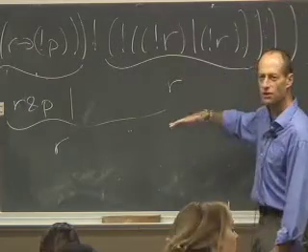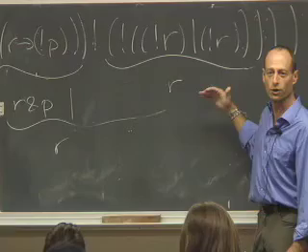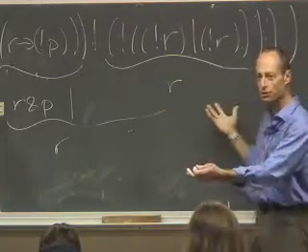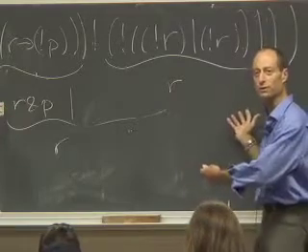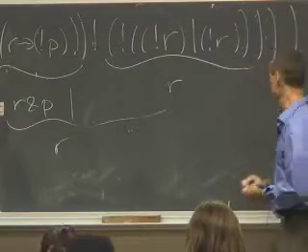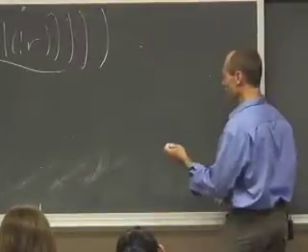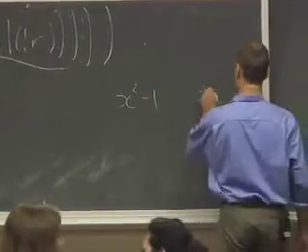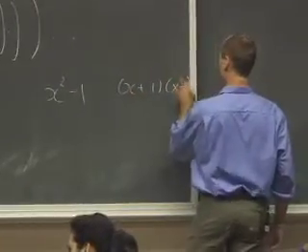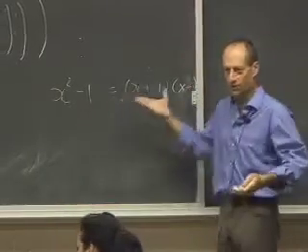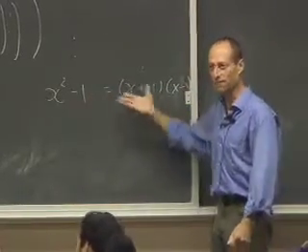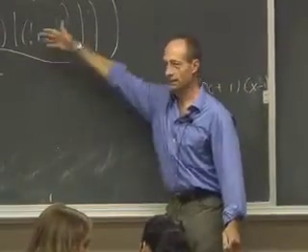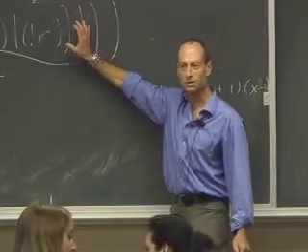But we're finding something that's logically equivalent. It's a function of P, Q, and R. So we're finding another function of P, Q, and R that, no matter what combination of truth values we plug in for P, Q, and R, is going to give us the same answer as the original expression. It's like saying we could write something as x squared minus 1, or we could write it as x plus 1 times x minus 1. They're equivalent. No matter what the value of x is, the left and the right are equal. We're trying to find an expression so that no matter what the values of P, Q, and R are, we get something equal to what you'd get if you plug P, Q, and R into this. Okay?